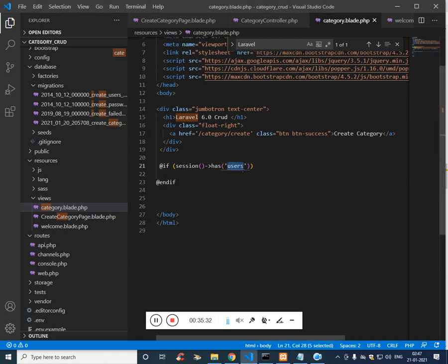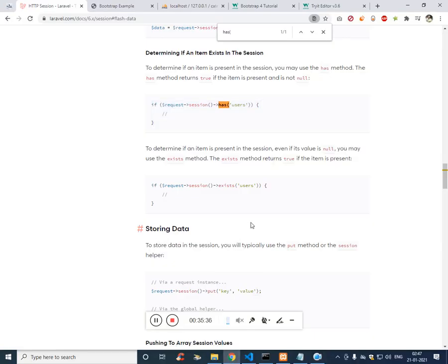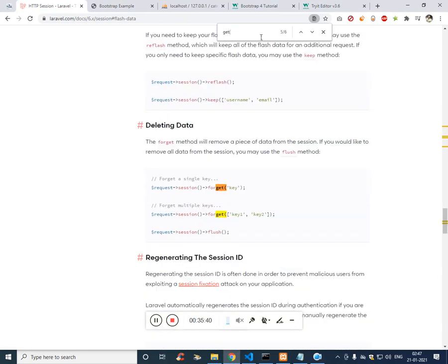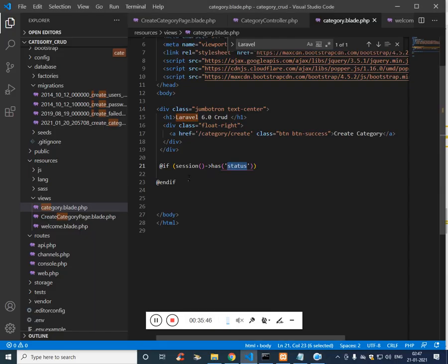If we have status, then get the status. Let's see, we have the function related to get. It is actually get.